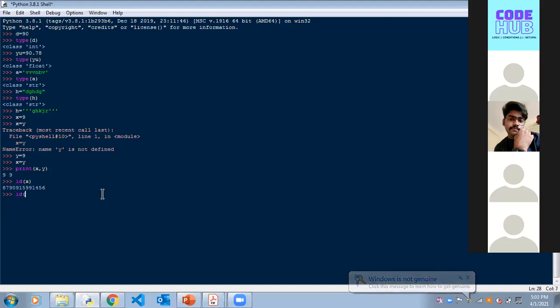Now I'll ask you to see the address of y. See, they both are the same. I told you, right? When they're the same numbers and you're referencing this value to this, that is, you're putting the value of y into x. So both x and y are staying in the same house now because they have the same value. Did you understand? You can use ID and then the variable name to get the memory address. Now let's check for h. ID of h.